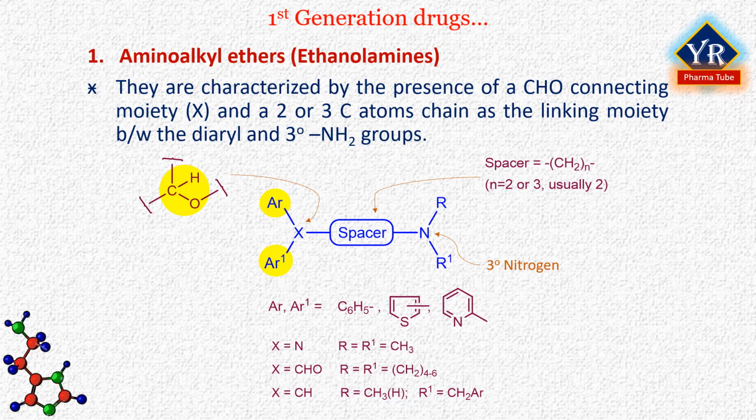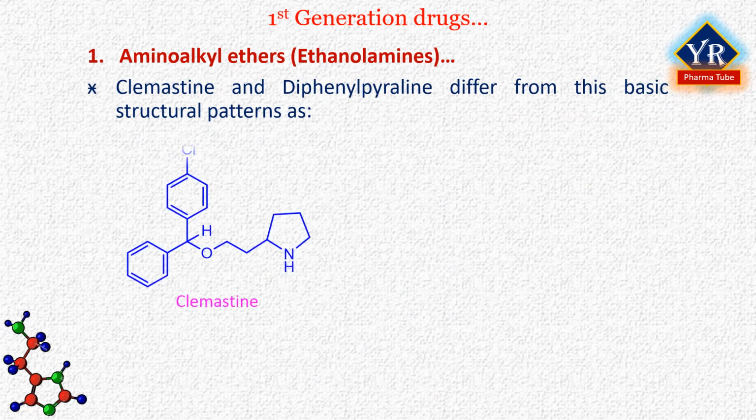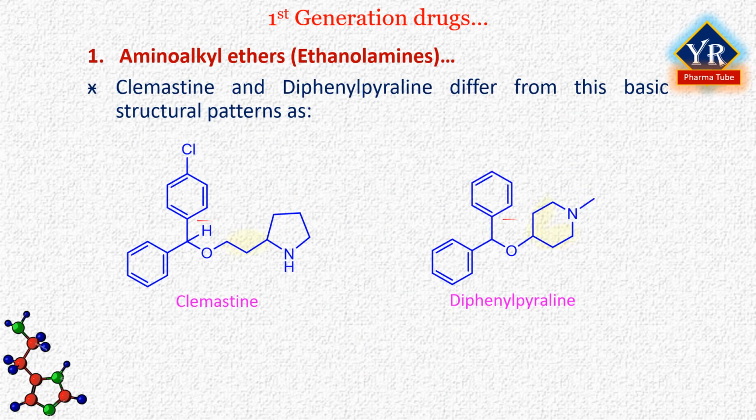One of the early thiophene containing analogues was carcinogenic in rats. After thiophene versus benzene replacement in other series of compounds demonstrated some toxic effects, thiophene has been relegated to one of the low priority choices for isosteric replacement of a phenyl group. Clemastine and diphenylpyrrolene differ from the basic structural pattern in that the basic nitrogen moiety and at least part of